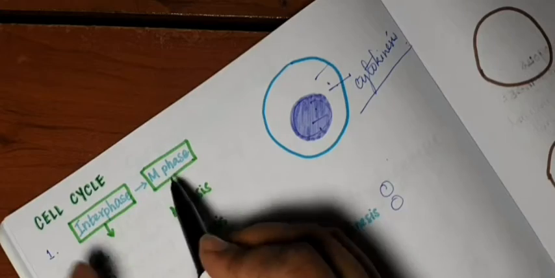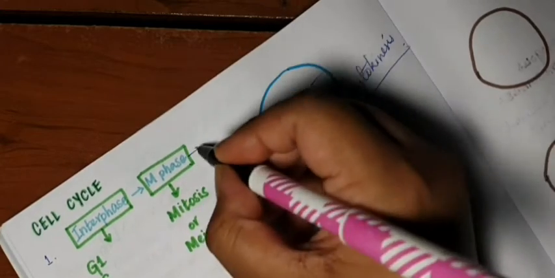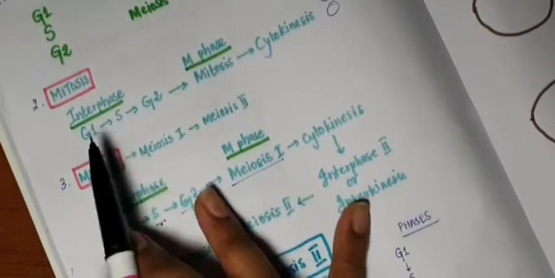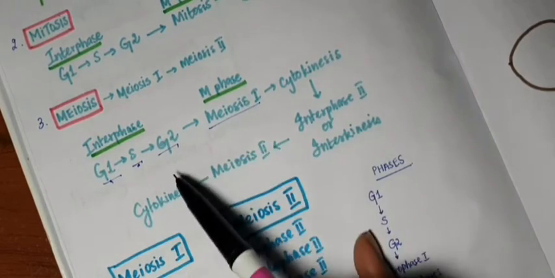So remember, when you're talking about the cell cycle, even in my previous videos, I've mentioned it as interphase, M phase, and then cytokinesis here. Okay, so don't get confused. Cytokinesis is required after meiosis and mitosis both. Okay, so in case of mitosis, we have interphase, M phase, followed by cytokinesis. In meiosis, we have interphase, meiosis 1, cytokinesis, then we have meiosis 2, then again we have cytokinesis.